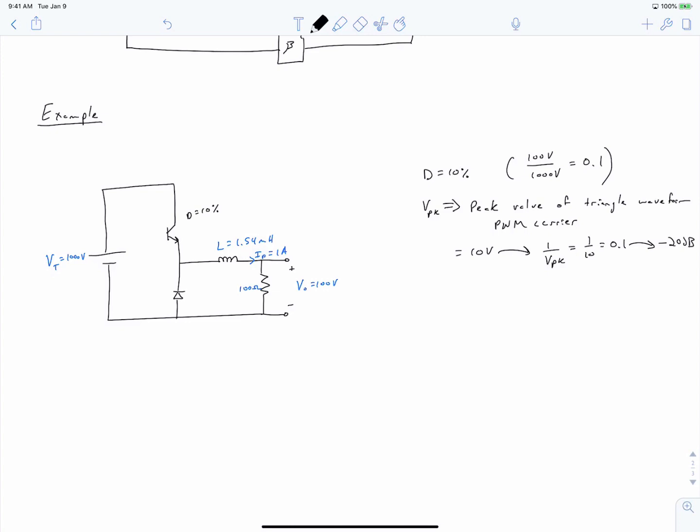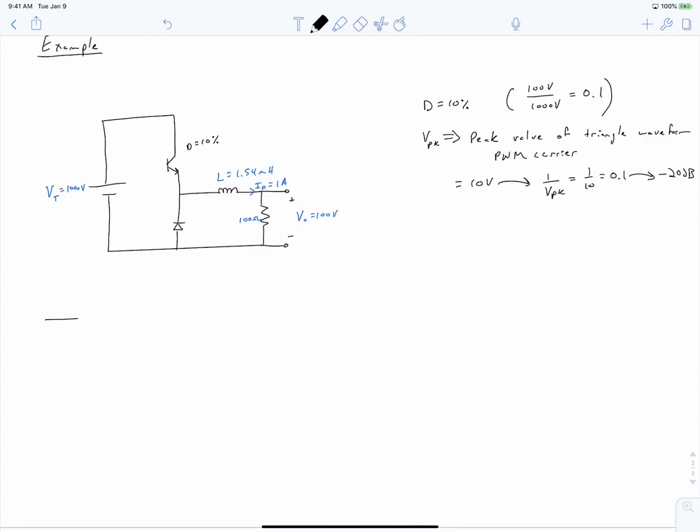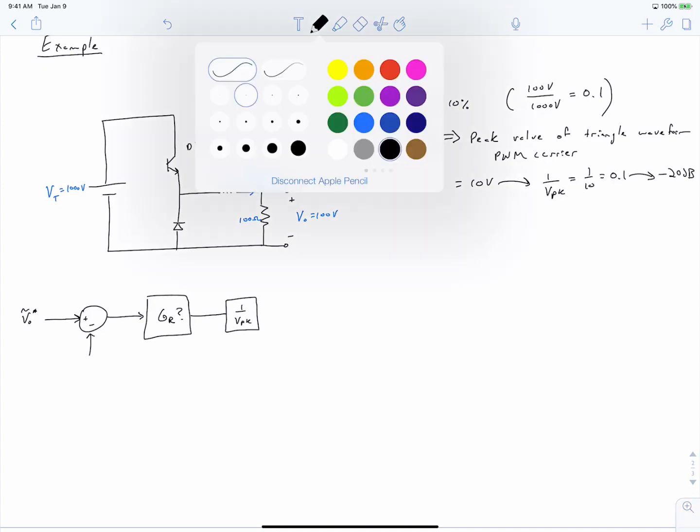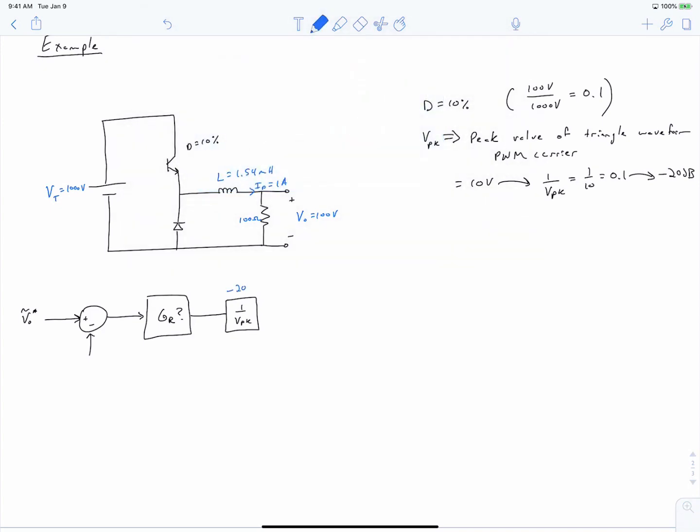So we can sketch the block diagram of our control loop. It's having a regulator, having our PWM stage, which we just noted is equal to negative 20 decibels,